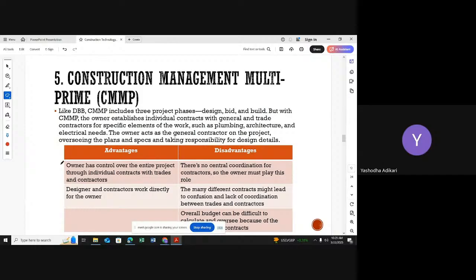Construction Management Multi-Prime, CMMP. It also looks like the DBP. It includes 3 project phases: design, bid, and build. But with CMMP, the owner establishes individual contracts with general and trades contractors for specific elements of the work, such as plumbing, architectural, and the electrical needed. The owner acts as a general contractor on the project, overseeing the plans and speeding the tracking responsibilities for the